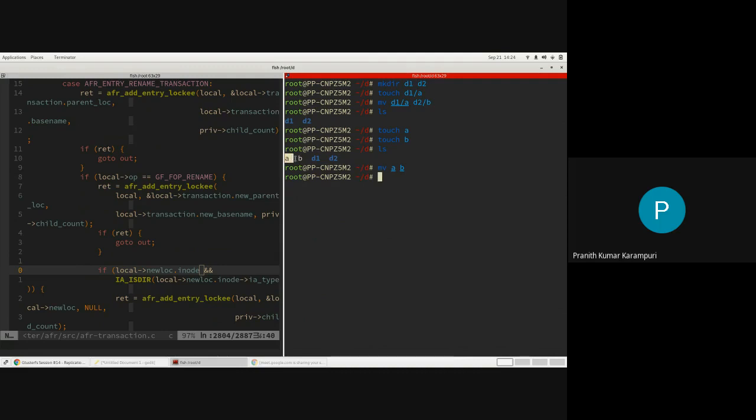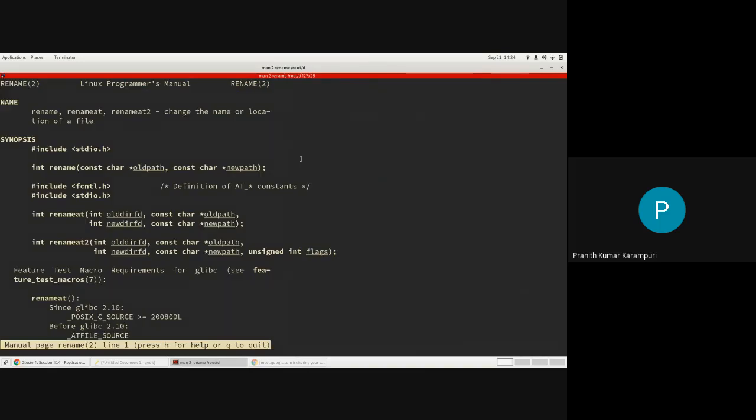Similarly, rename is also allowed for directories, and if the destination directory is empty, it will override. Using MV I can't do this operation, I think, because if you do MV B D2, it will go inside D2.